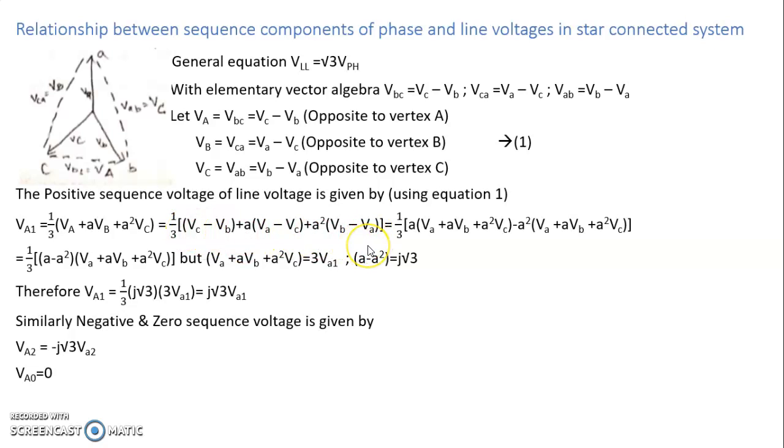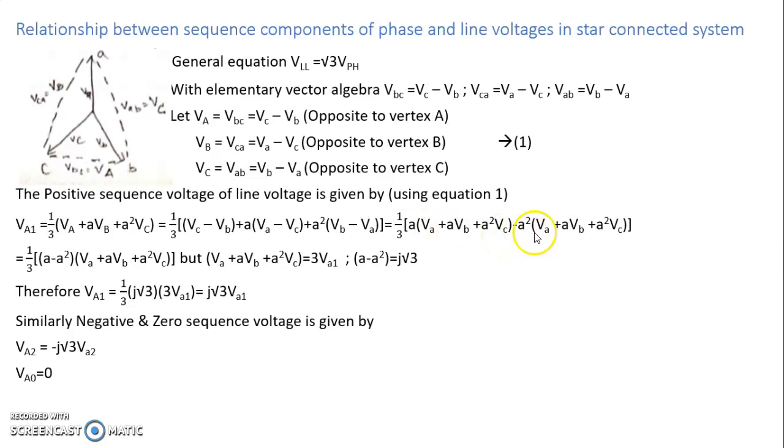Now expand this equation and make positive terms on one side. So VC is positive, a into VA and a square into VB. So I will take in the form of a VA first. I have taken a common, VA as it is. Next VB, a square into VB it is. a already is outside, so I will multiply only a. Then VC, VC is having a value only 1. So I will multiply here a square into a cube, which will be 1. So we'll have only VC.